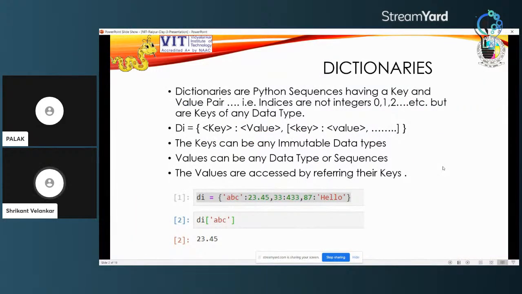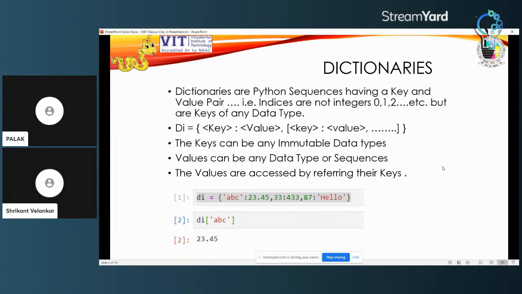Okay, so let's move on to see the dictionaries in Python. Dictionaries are also sequences, and they have what is called a key value pair. Essentially here the index is a key and the value is of course a value. So rather than the index, which is hidden for other Python sequences we had seen, may it be tuples or strings or lists, the very first element in the list or tuple has index 0, the next one has index 1, the next one index 2, and so on.